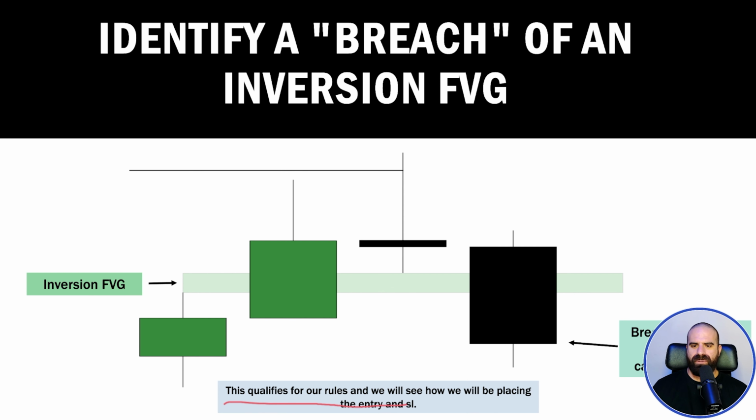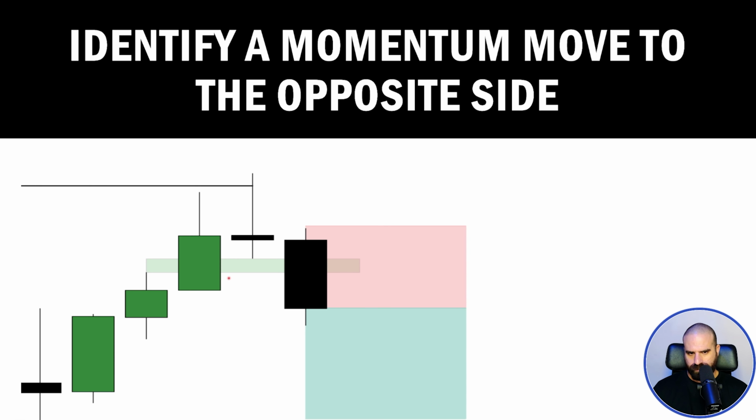Okay, and it does qualify for our rules, and we will see where we will be placing the entry, the stop loss, and the take profit, of course, over here we will see. Entry. We did violate, breached, as we said, the inversion fair value gap from the left. Why was this an inversion fair value gap? It is the gap on this candlestick right here. If we were to place numbers 1, 2, and 3, the gap that is created from the high of candlestick number 1 and the low of candlestick number 3. The gap that is left on candlestick number 2,